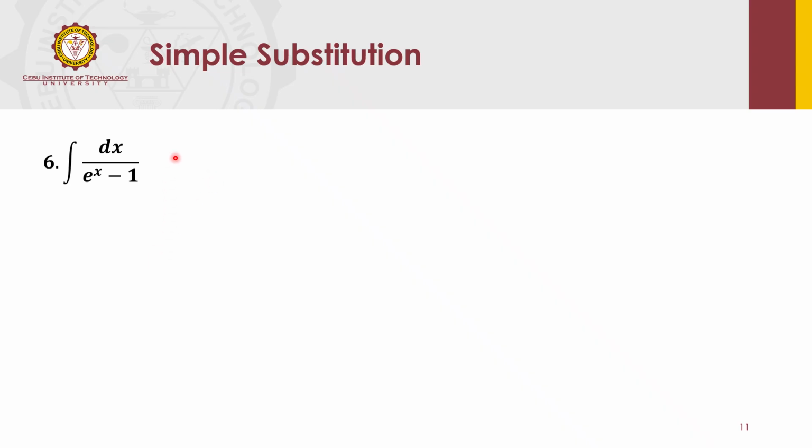Okay, and balance it by multiplying also by e to the x in the numerator. Para mo appear si e to the x times dx, pero e to the x becomes e to the 2x. So one approach, especially if it's an exponential type of function, is to multiply e to the x by e to the negative x. One technique ni siya, okay?